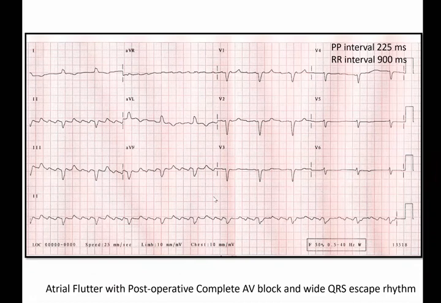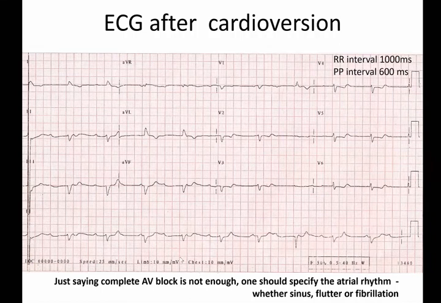So just saying that complete AV block is not enough. One has to specify the atrial rhythm. So these are two messages from this ECG. Just saying complete AV block is not enough. You have to see what is the atrial rhythm. So the answer should have been sinus rhythm with complete AV block with ventricular escape rhythm, or in this ECG, atrial flutter with complete AV block with ventricular escape rhythm. Secondly, whenever you have atrial flutter, please remember to look at the AV conduction ratios, whether